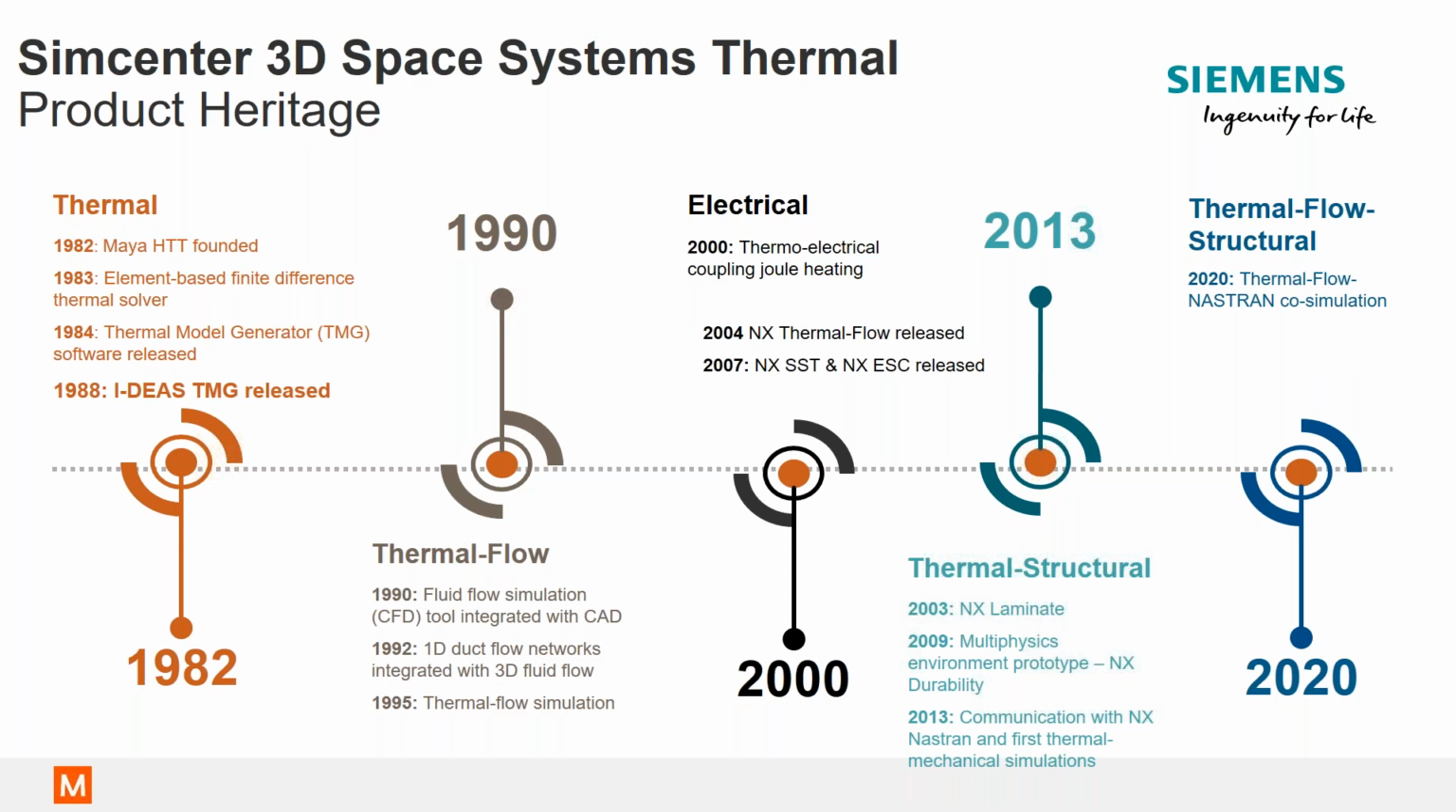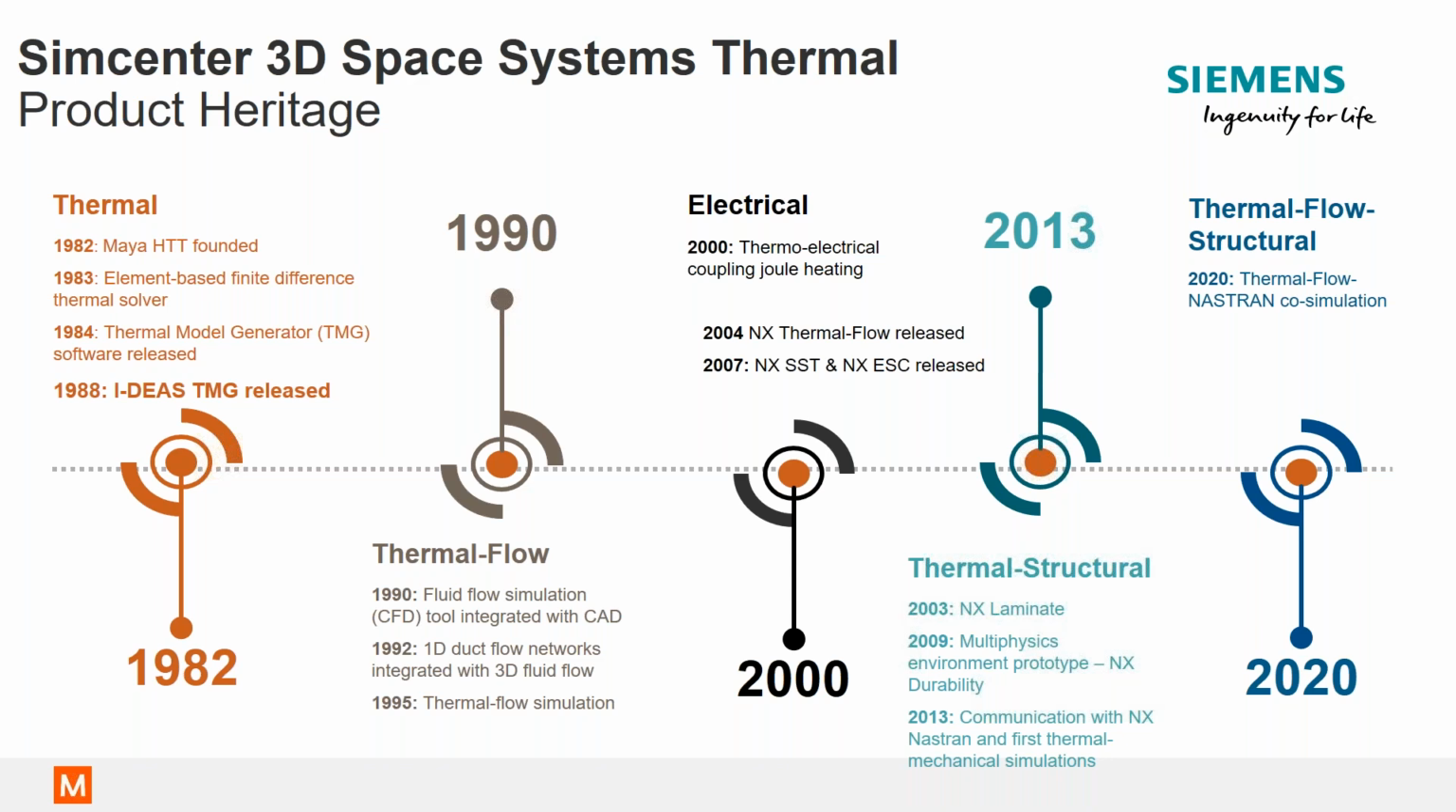Continuing quickly with history, released a fluid flow solver in 1990 and 1D duct flow network integrated with 3D flow in 1992, and finally thermal flow co-simulation in 1995, always in a tight CAD CAE integration. In 2000, we added thermal electrical joule heating and added two verticals addressing the specific needs of two markets, namely